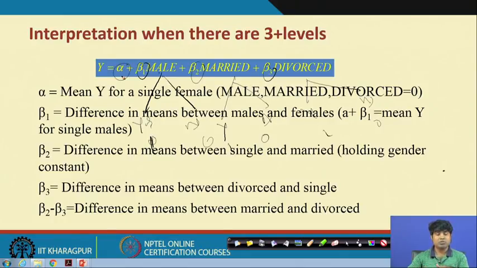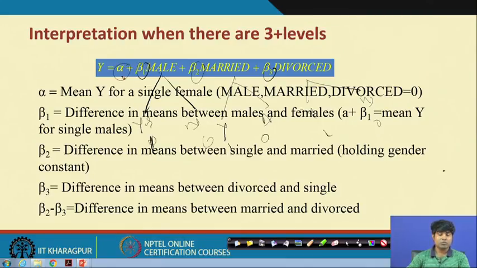If y equals simply alpha, then that is the female contribution, and now if we add a male component, then y equals alpha plus beta 1, where male will be considered a yes, and the code which we use is 1 to represent the male with respect to the female impact. Then beta 2 is another dummy which may be represented as married, unmarried. If it is married, then yes, that can be represented as a 1. If it is unmarried, then it will be represented as a dummy of 0.